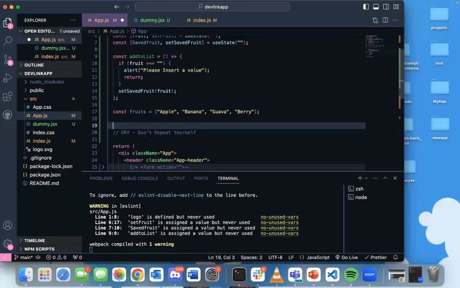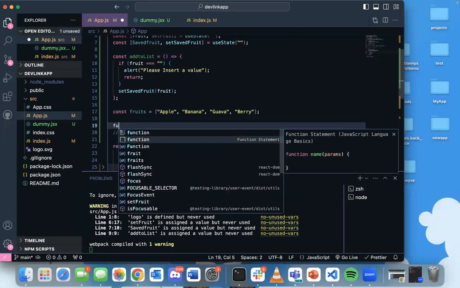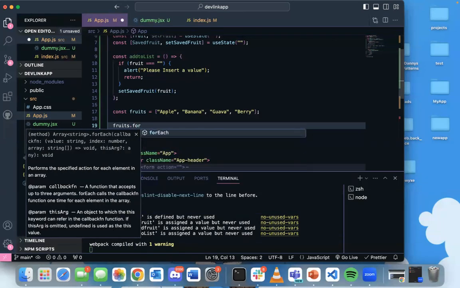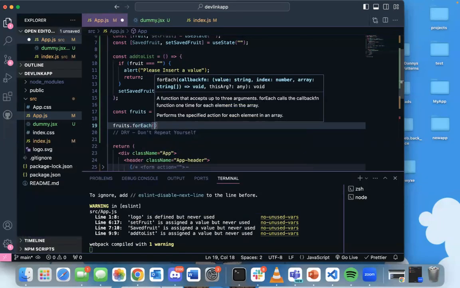So if I want to loop through this array, for example, I would call the array itself, fruits, dot forEach. And we call this set of methods higher-order array methods. They are methods that basically take in callback functions